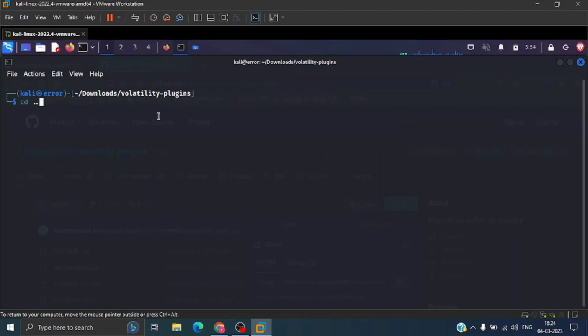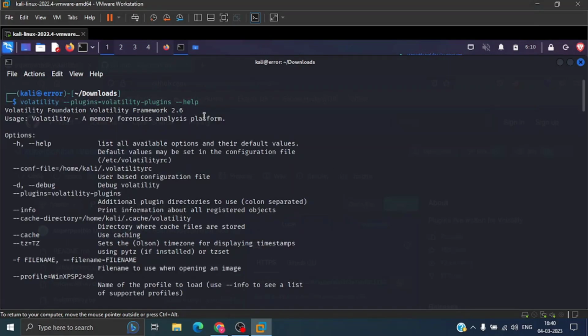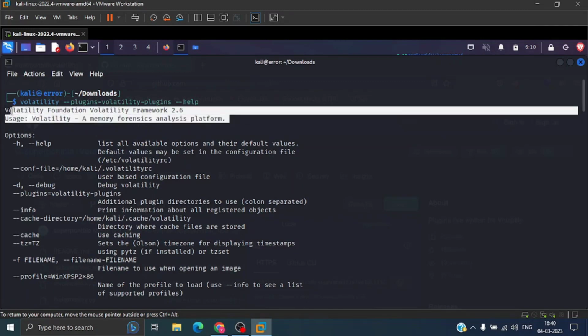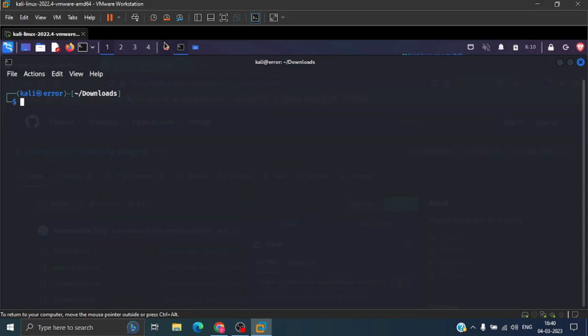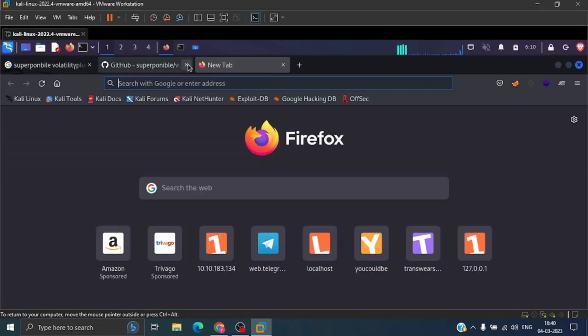Now rerun the following command to check whether the plugins are working properly or not. Now you can see there is no error. The error is resolved. Now go to the browser and we have to download